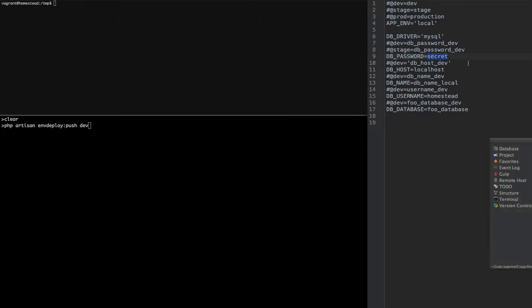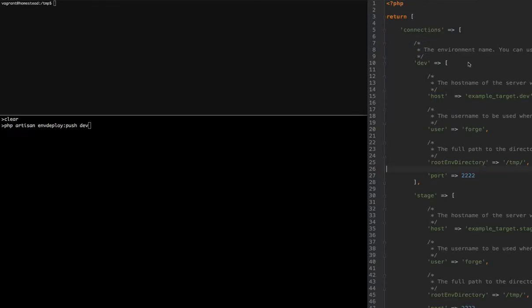And all of these are really easily set inside of the config file. In this case, I'm going to test against my Vagrant box. And so I'm going to say when I push to dev as user forge, which is actually wrong because I'm going to now change this to be the typical Vagrant box for Homestead. And so I'm going to say when you push to dev, you're really going here as this user to this